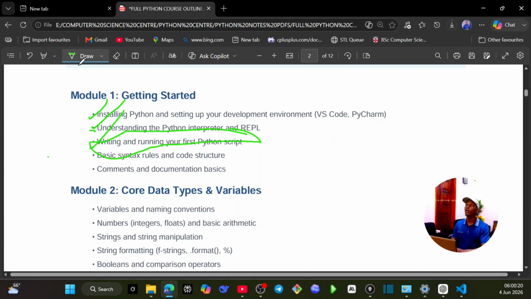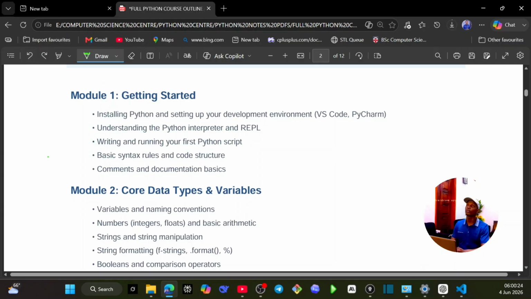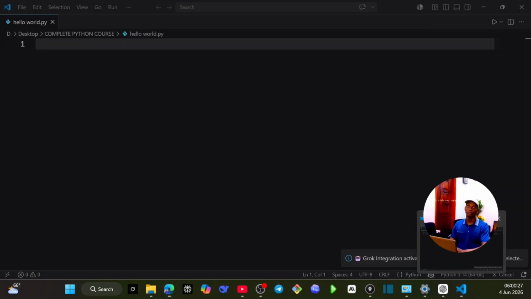So we shall have our IDE. How are we going to write? What are we going to do? What you must pay attention to once we are in the